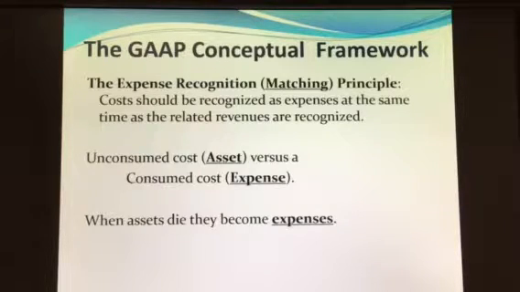Sometimes it's very easy to determine how to accomplish that matching. For instance, when you buy that bag of Doritos from Walmart, they record that sale that day, but they also will relieve their inventory for the cost of that bag of Doritos. It's a very sophisticated system they have, and of course even smaller companies now can have that kind of information available through technology. But notice this: while that bag of Doritos is sitting on the shelf at Walmart, it's an asset. It's waiting to be sold.